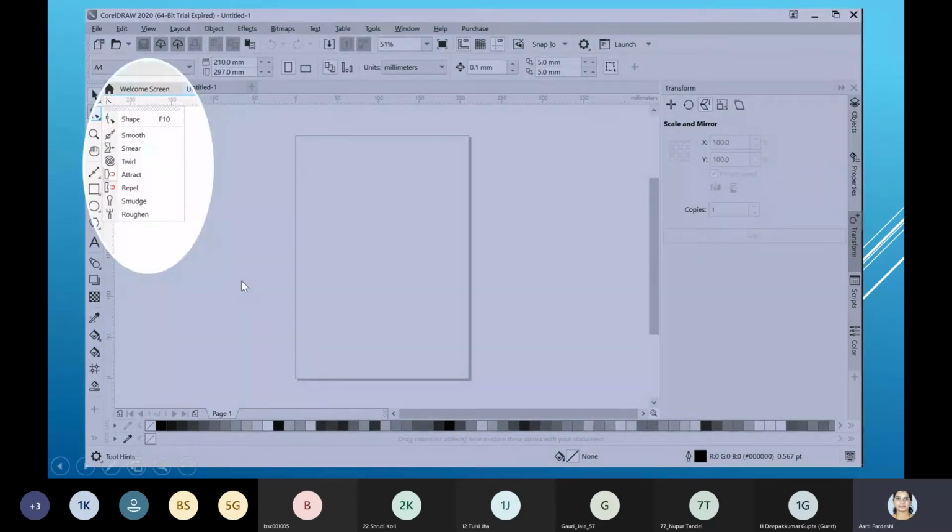Then the next one is shape. If you remember, we are going to draw one rectangle, and if I select that rectangle and click on the shape, it's going to give me exactly those many control points.